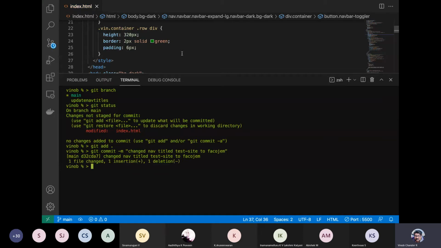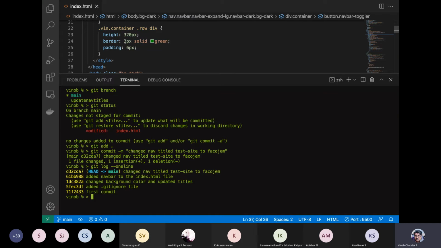Okay. So now we can do a git log oneline. We have this added change nav title test site to FACO-GEM, which we have essentially done here now.